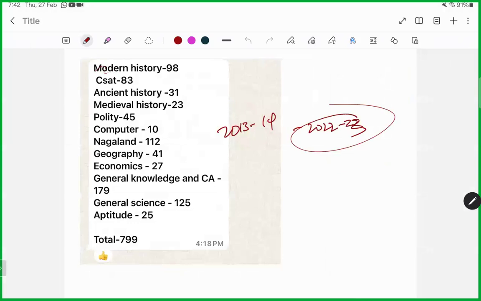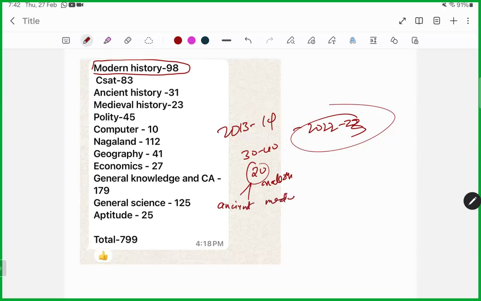Most of the modern history questions come from the mains paper, all right? But even in the prelims now, out of the 30 to 40 history questions, at least 20 will be from modern. So you should also give importance to modern now. Any question asked from ancient and medieval is very basic. They hardly come, around 10 or 15 questions, okay? So focus on modern, all right. Just don't neglect ancient and medieval. Whatever you study, study in such a way that you get the marks from it.